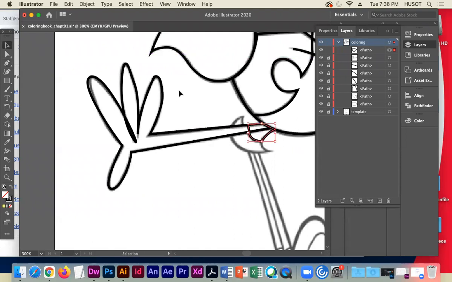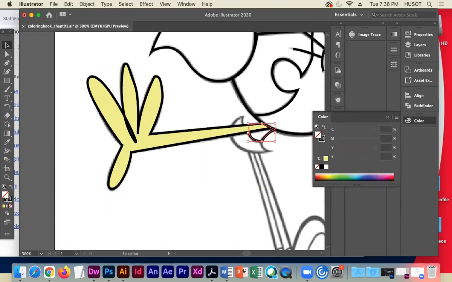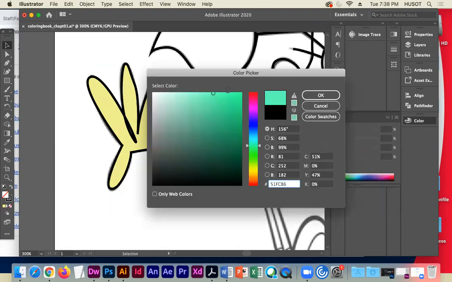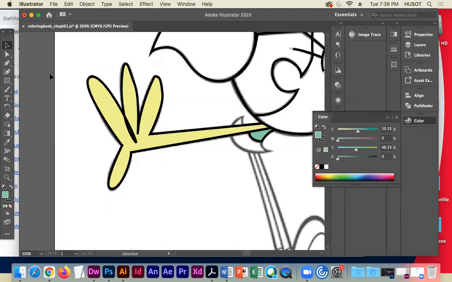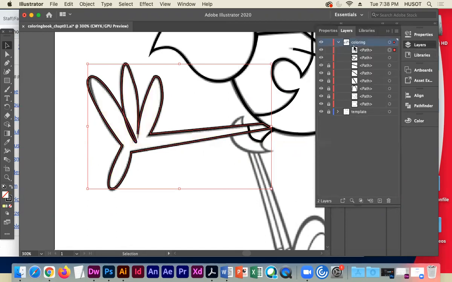Is it a big deal? I don't know, maybe not. I'm actually going to drag it below the arm too, just so that if I chose to color the arm and color the body, the shirt, you would still see the shape of the shirt. So when you're outlining, whether it's a photograph or an illustration, make sure that you close your shapes so that